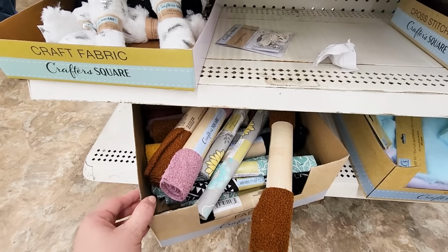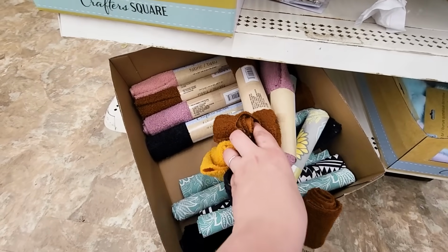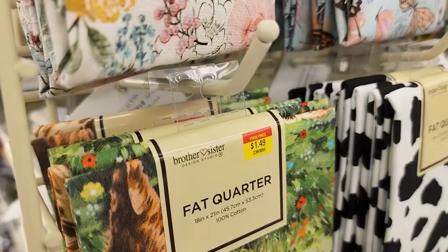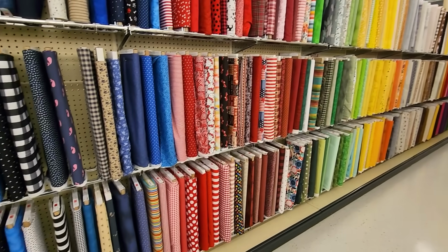In today's video, we are creating some Dollar Tree DIYs using scrap fabric as well as fat quarters or any fabric really that you have on hand or you want to go purchase to create some gorgeous, beautiful projects you